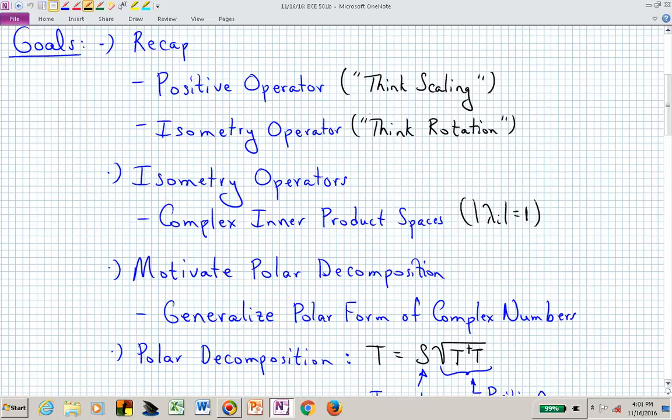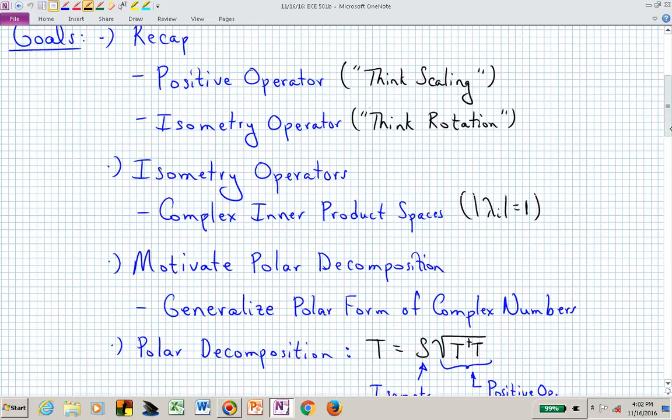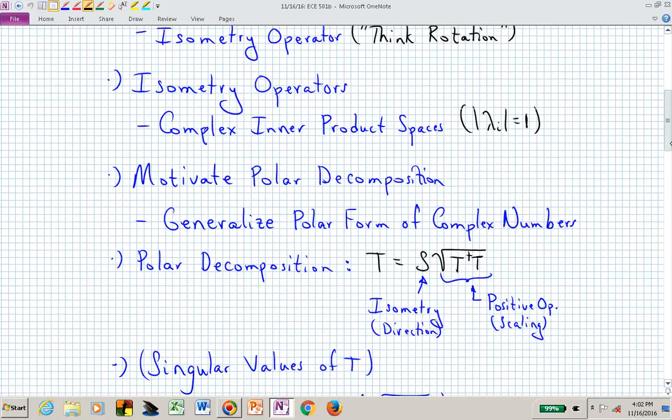It has a scaling property, so it can now have a magnitude, and it has directional properties, so it has an angle. And we are now thinking of those as the positive operator piece of an operator, and then the isometry part, or the rotational piece. And that's what I'm hoping we start to pick up from today's class. And we'll talk about what that looks like